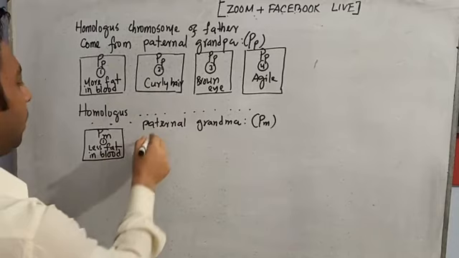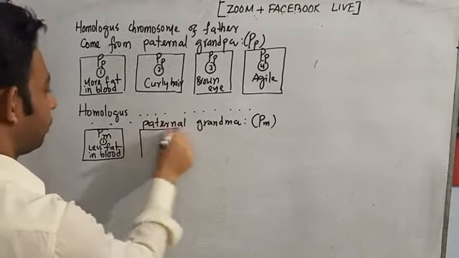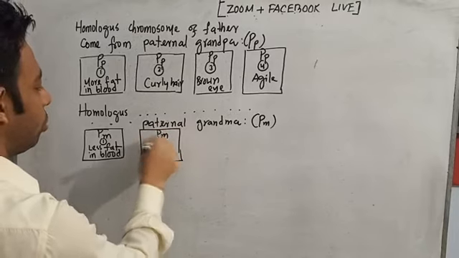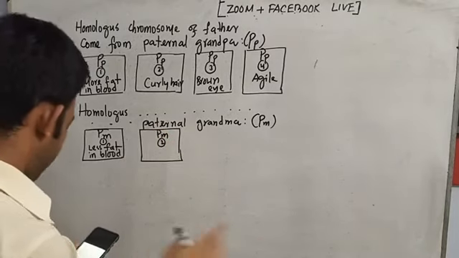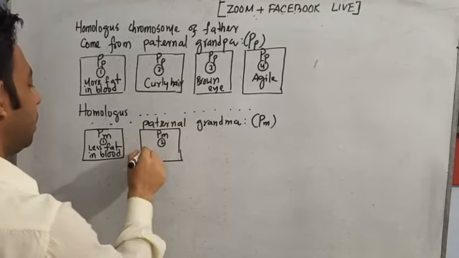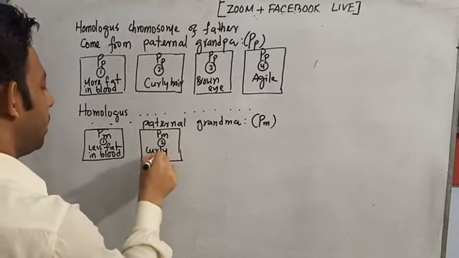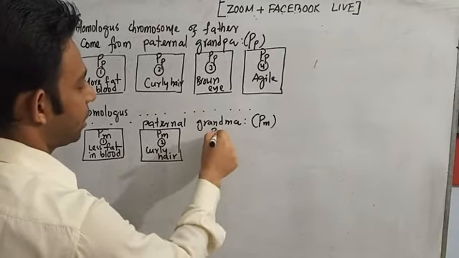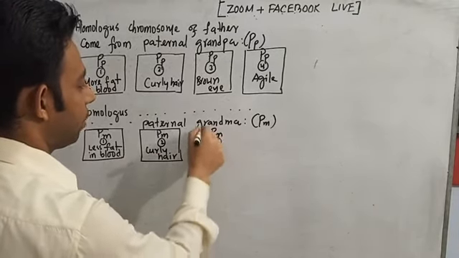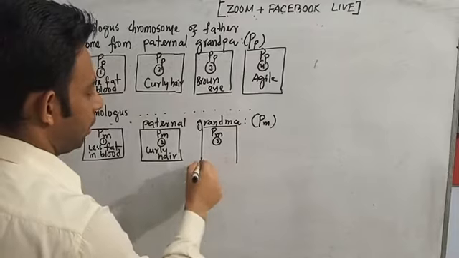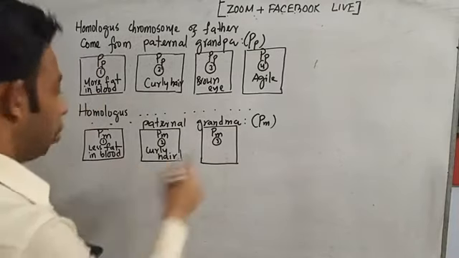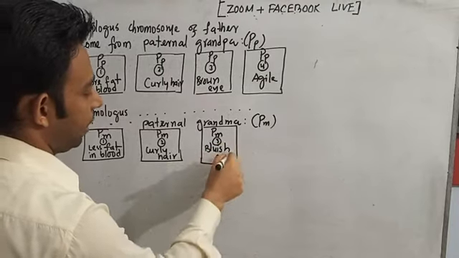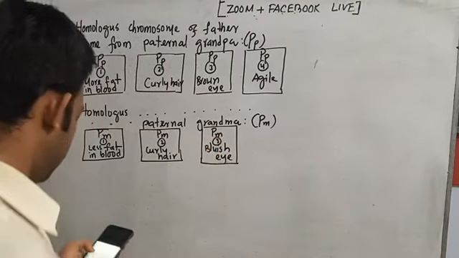Then the second box, PM2. The second feature is similarly given here: curly hair. PM3 will be bluish eye. And the fourth one is